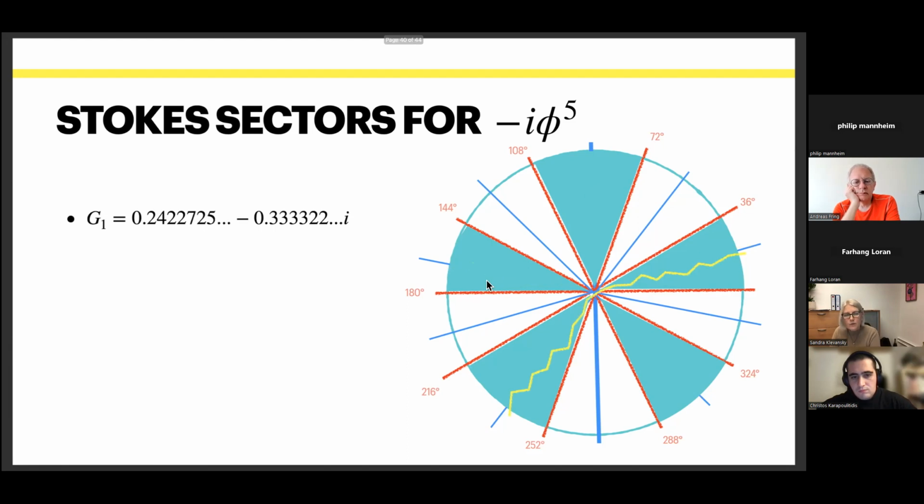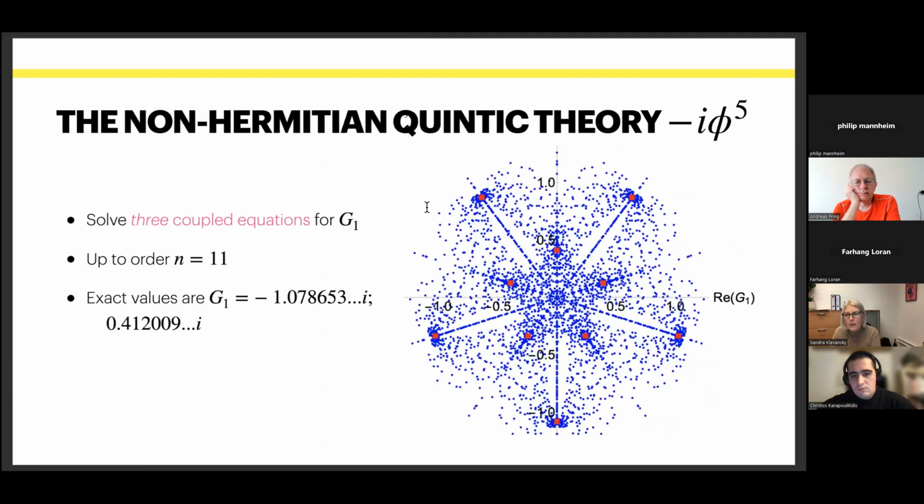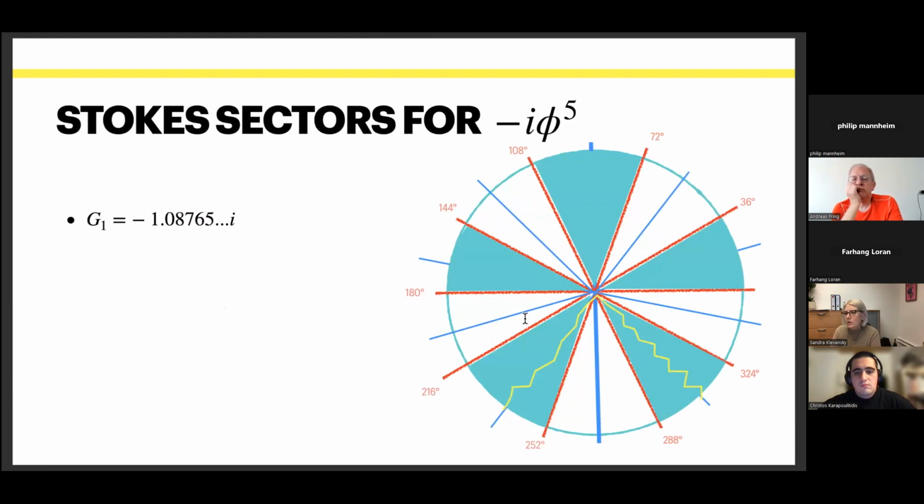I mean, I could have integrated from there to there. And if I had done that, I would have gotten a complex value for doing this. And the interesting thing about this, if I go back to this picture here, is that all of these values are present in the Dyson-Schwinger equations. So the Dyson-Schwinger equations seem to know about all the solutions of all the Stokes sectors. Okay, so